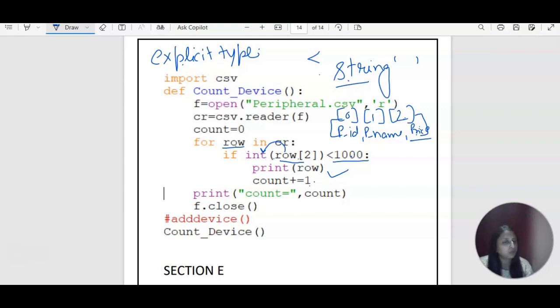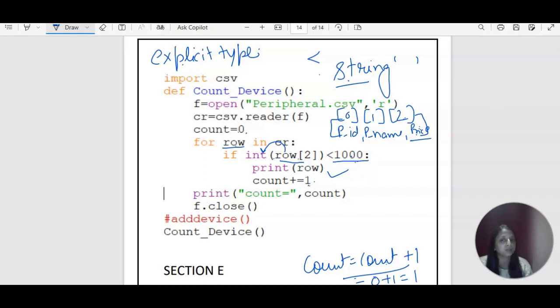So count += 1 is the shorthand operator, which is equal to count = count + 1, right? If you are expanding the expression like this, on the right hand side also the count variable is coming, right? So you need to initialize it. Here only you can check, I have taken count = 0. That means the first time it will take the initial value for this count variable as 0. So count = 0 + 1, like that only it is going to check for the condition, and how many fulfill the condition, that many times it will increase the value of this count variable.